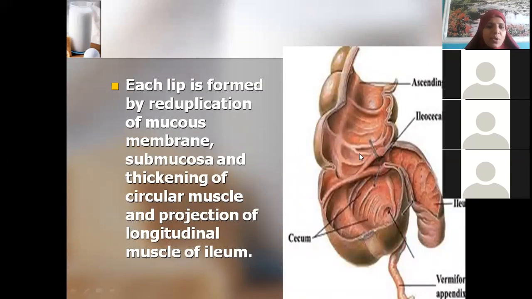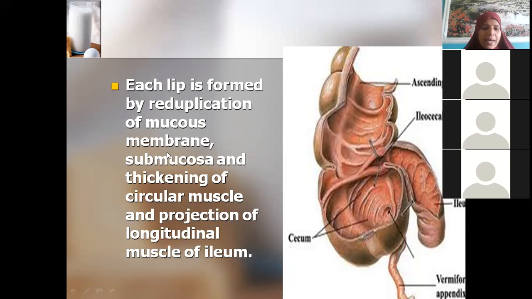So each lip, how is it formed? Such thick bands you are finding, no? So this is nothing but reduplication of mucous membrane. Yesterday when we were doing duodenum, jejunum, ileum, there also you found mucosal, submucosal folds thickening. What was the name given to that? Jejunum had thick folds inside too, no? What were the names of those folds? Valves of Kerckring. So such type of mucosal thickening you are finding inside the cecum also.